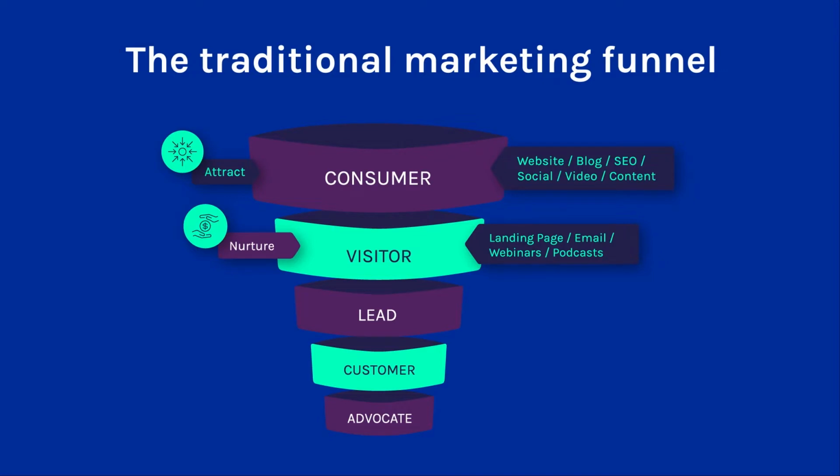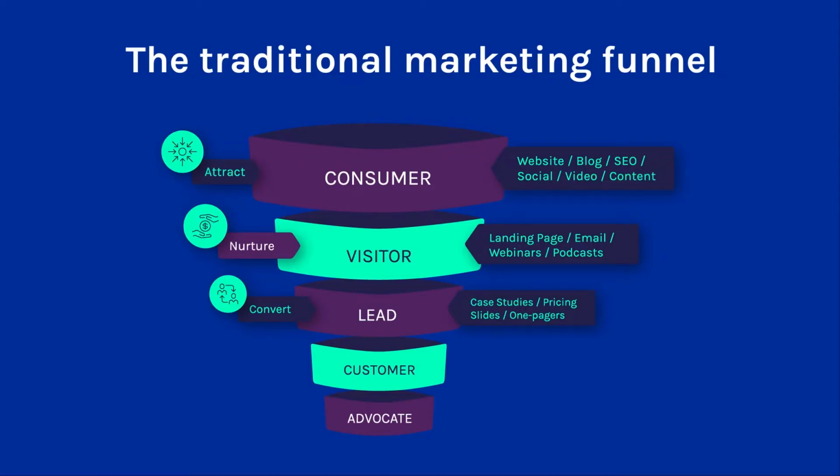The third stage is convert, when visitors start investigating more about your company and are qualified as good sales leads. Then, if all goes well, those leads will start converting into paying customers. This is the close stage. The final stage is delight. Here, you want to turn your customers into advocates, people who will bring more customers into your organization through referrals